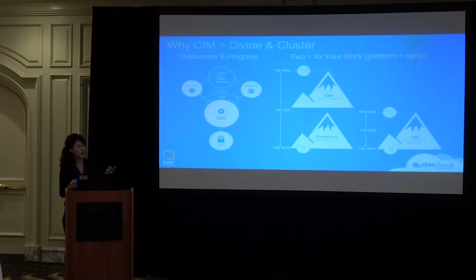And then also, say you do have a CRM and e-commerce solution already, your productivity has likely improved, but still, every time your employees are servicing your customers, it's kind of like Groundhog Day. Nothing is being done to progress towards that goal of getting your customers to just help themselves. So instead, with a tool like CIMCloud, your customers and your employees are living in the same platform. So say your employee creates a quote, he can send it to your customer within the tool, the customer can interact with it in the tool, they can place that order there, make that payment, and then next time your customer needs to make an order, he knows he can do this all himself